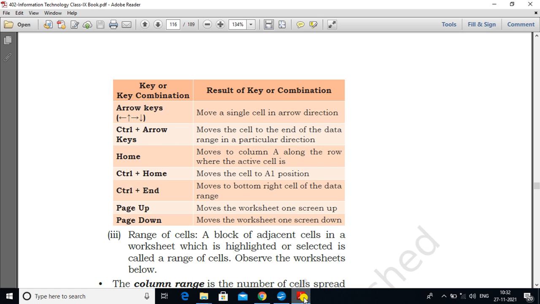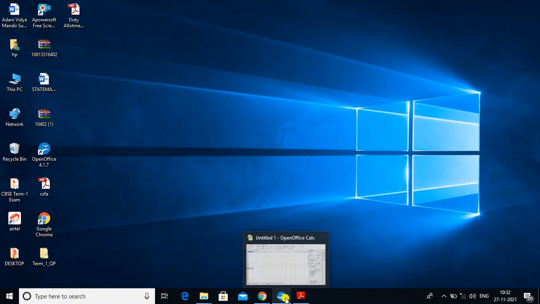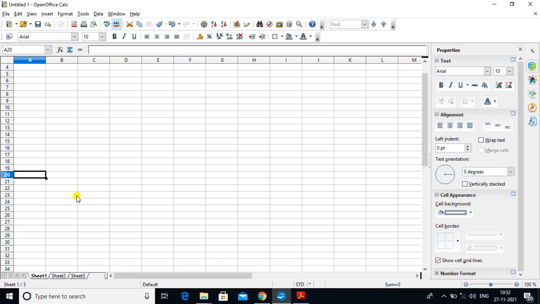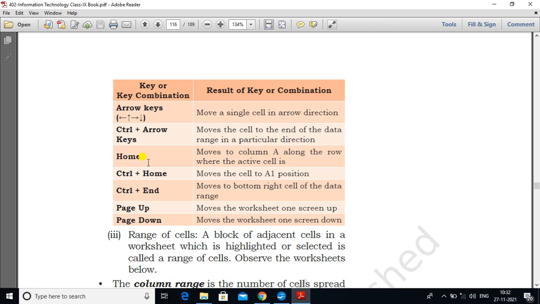To go to the left side, you press the left arrow key, and to go to the right side, you press the right arrow key with the control key. Okay.